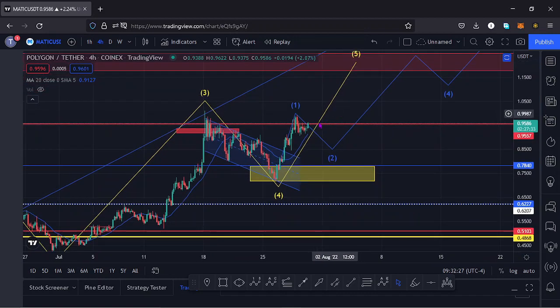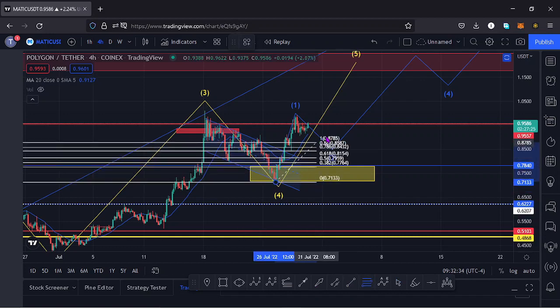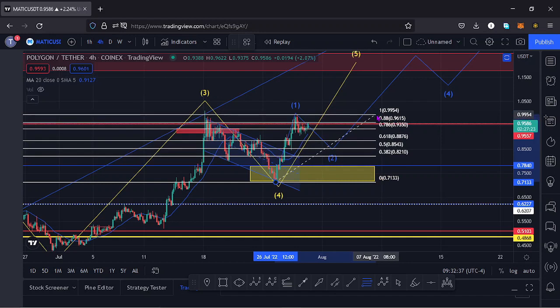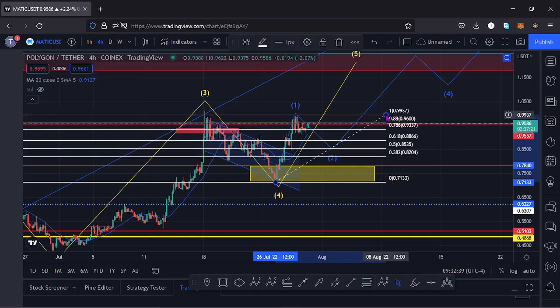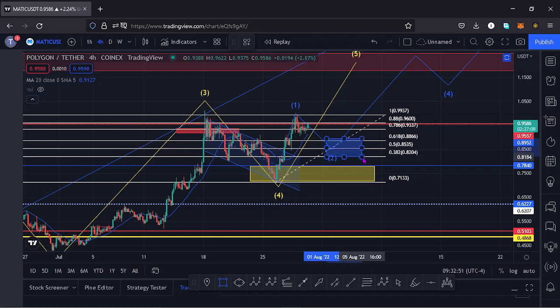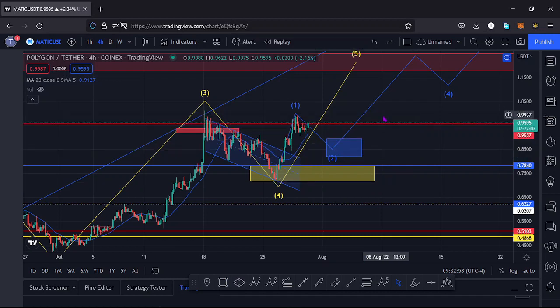And to get a target area for this wave 2 to the lower side, we can use the Fibonacci's, because the wave 2 is a retracement of that wave 1, connecting the low for the wave 1 to the high of the wave 2. That should give us a target area for that wave 2 to the lower side between the fib level 0.5 and a maximum of the fib level 0.382. So I can have a blue target area for that wave 2 to the lower side of this wave 5